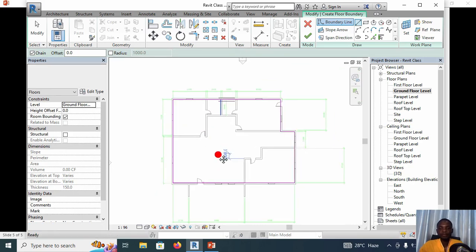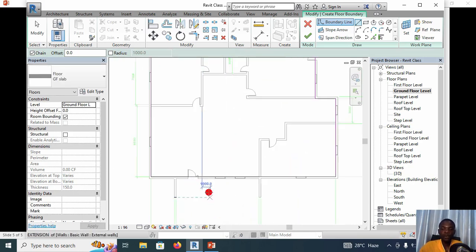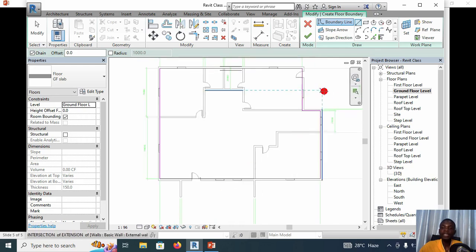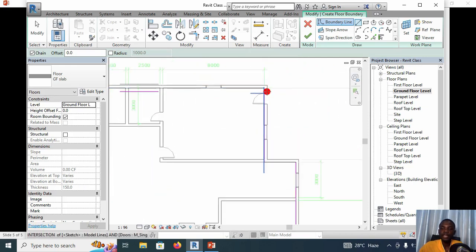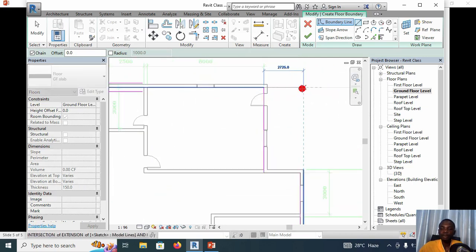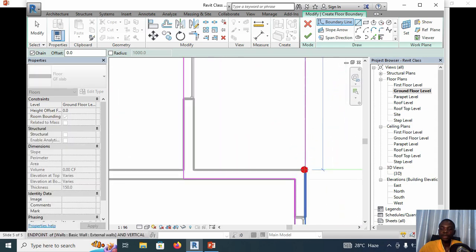Now there is something. Now you can see that we are supposed to have our entrance here, right? And then this particular bedroom has a balcony, or a veranda. So our slab is supposed to extend, right? Extend outside. So how do we do that? I'm just going to extend my slab here, and then extend it up to here,